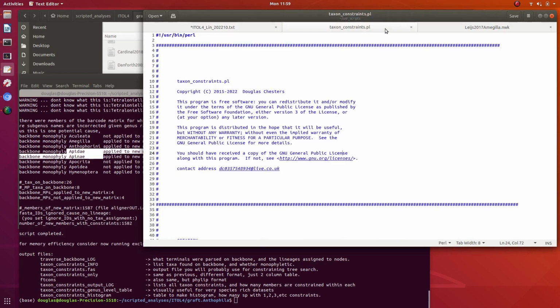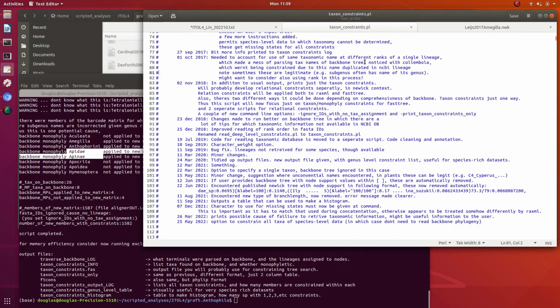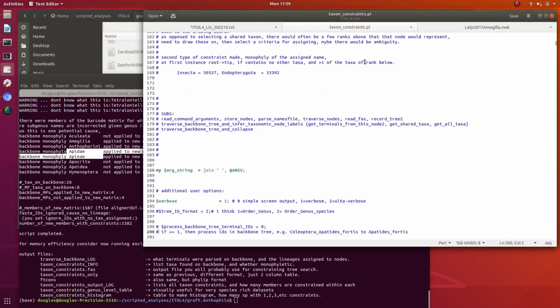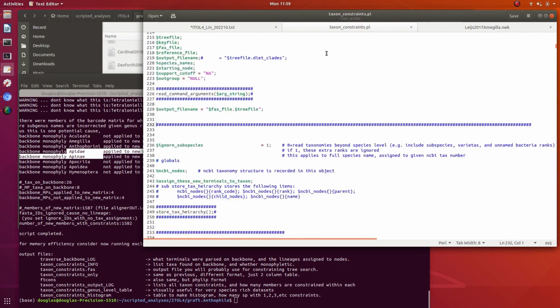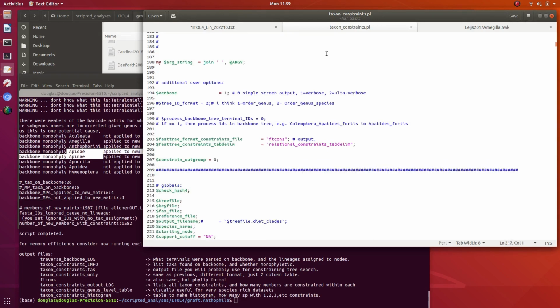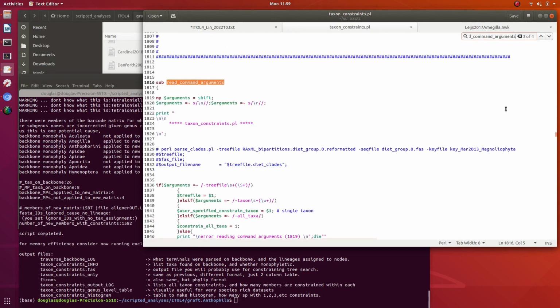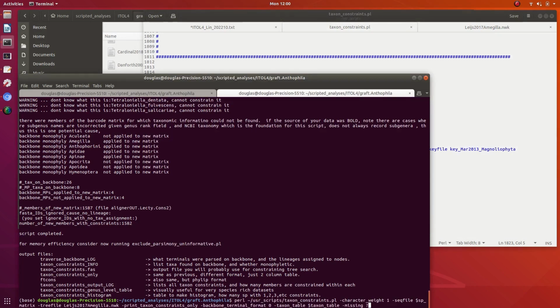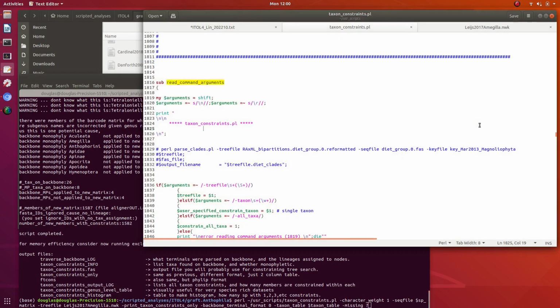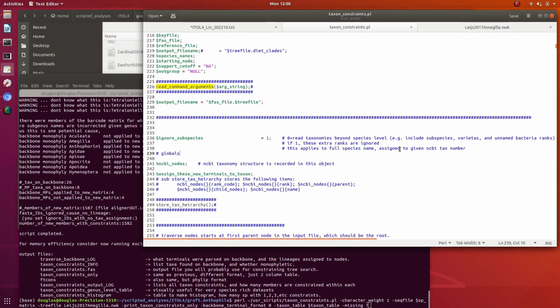So here's the script we need to fix. A quick look through this. It's a Perl script. I have a first subroutine for reading the commands at the command line. You can see them here, a bunch of settings. Then it reads the